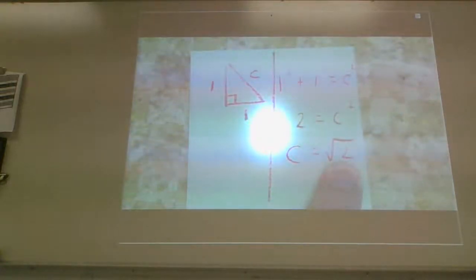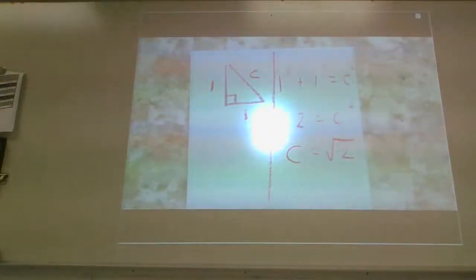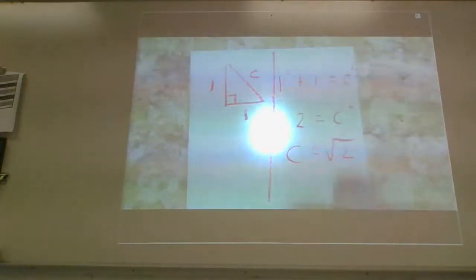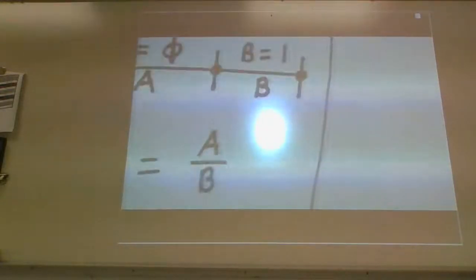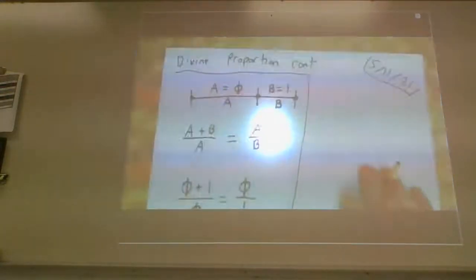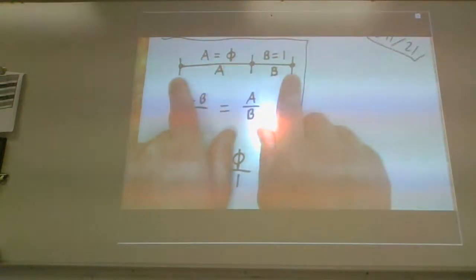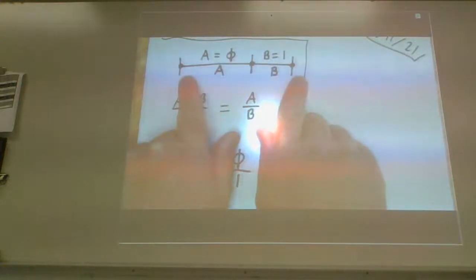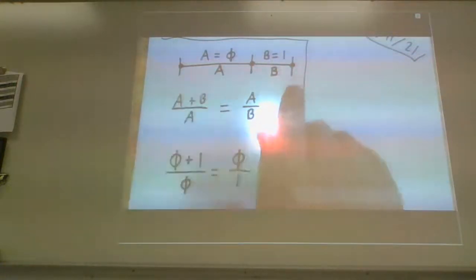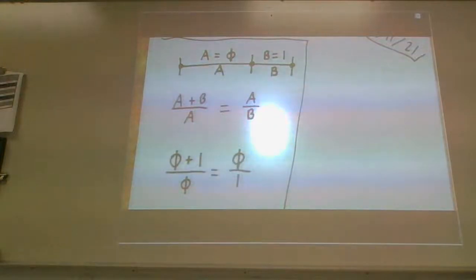The ancient Greeks had no way of expressing what the heck is a number that can't be expressed as a fraction, a number that cannot be expressed in simple terms. What the heck is this? They didn't know what to do with it. Thankfully, even though they didn't know exactly what to do with phi, they were able to express it in this visual form, which is nice. And we're going to see these visual forms in architecture, in art, in some of the videos that I have for you later on. Well, let's solve this.